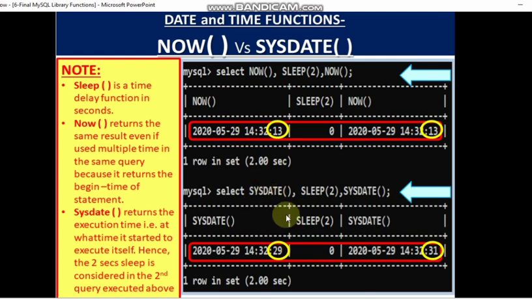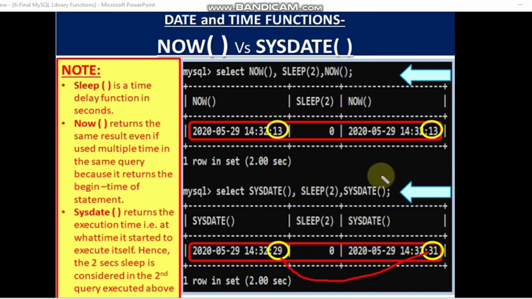So in the same query you will get different results for sysdate. When it executed here, it showed 14:32:29, but when sysdate executed here, it showed 14:32:31. That means the sleep of 2 seconds was taken, and it moved 2 seconds ahead before this sysdate executed. That is why there is a 2 second delay because of sleep 2.